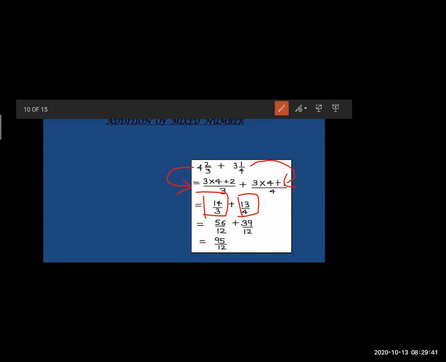Okay, see here. If you will observe keenly, the denominators are different. See, here the denominator is 3 and here the denominator is 4, right? Observe, when you have such type of denominators, when you have different denominators, you cannot add a fraction. The fraction cannot be added when you have different denominators. So, this is the important point over here. Always remember, many students sometimes just add the denominator.